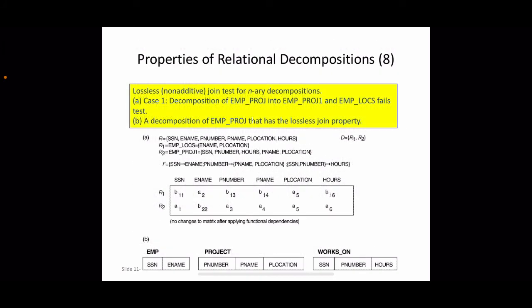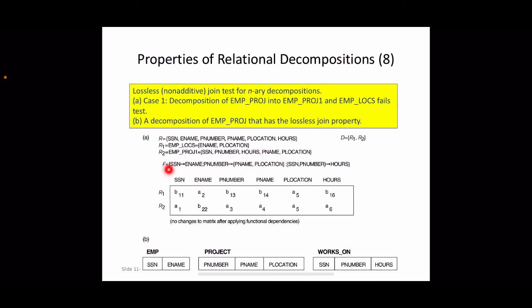Given an example, we have to test whether this decomposition satisfies the lossless join property. So we have a relation R with attributes SSN, ename, pnumber, pname, plocation and hours, and we are given a decomposition D as R1 and R2, where R1 is employee locations with attributes ename and plocation, and R2 is employee project with attributes SSN, pnumber, hours, pname and plocation.